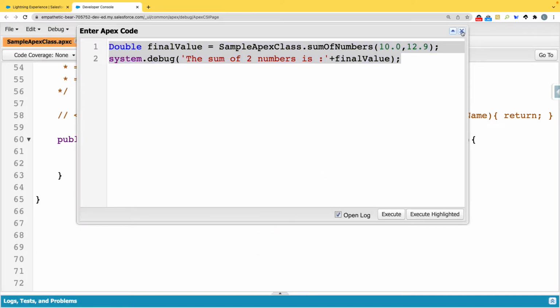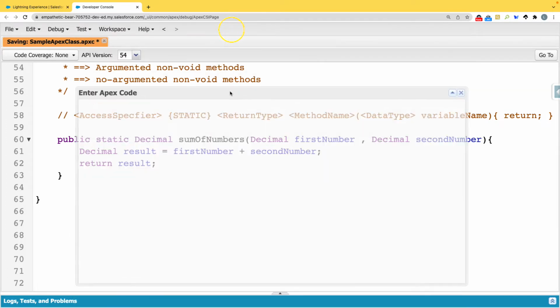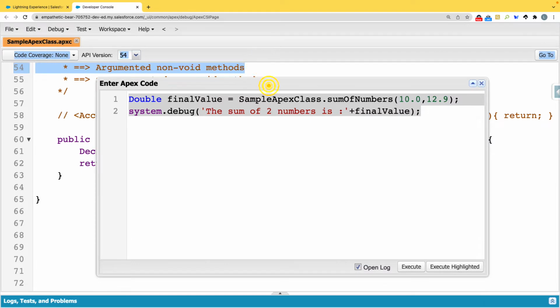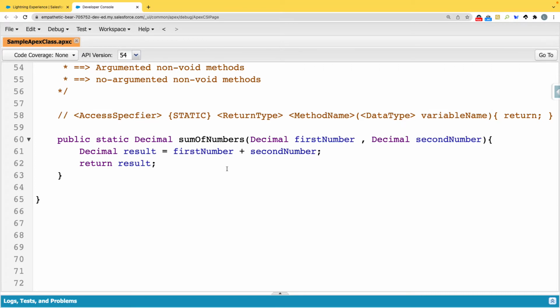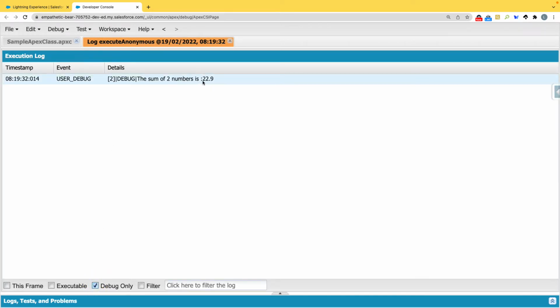Oh, sorry. Let me do one thing. My bad. Instead of double, I need to define it as a decimal. Sorry, there is no data type called double. Decimal. Double is a class. Let me go with the decimal. I need to type cache if I want to; type caching we can discuss later. Now 10.2, 10.3, execute. Sum of two numbers is